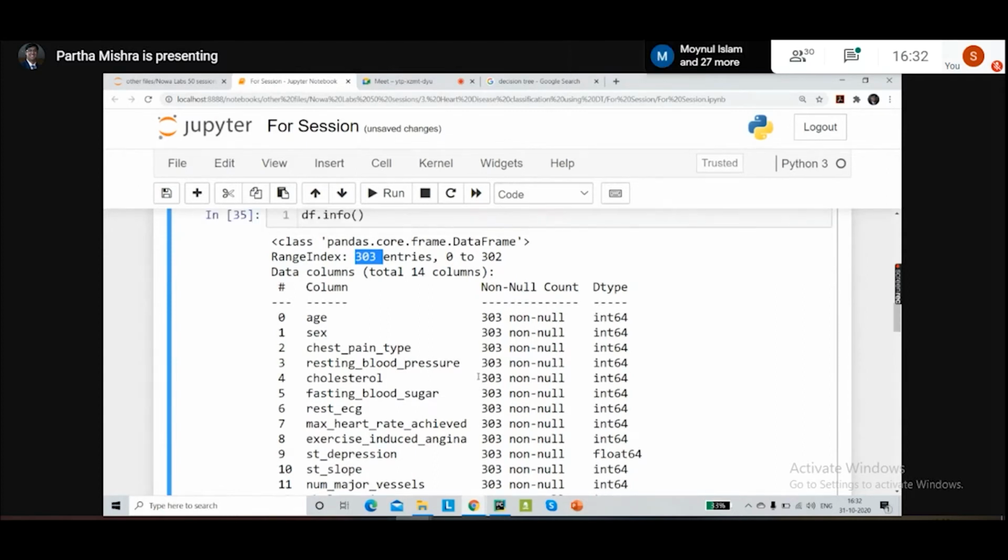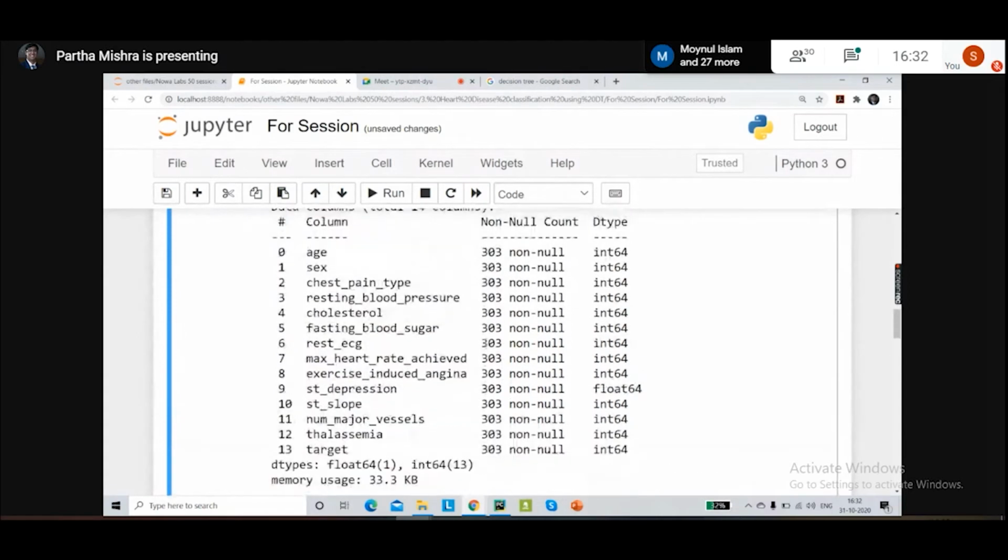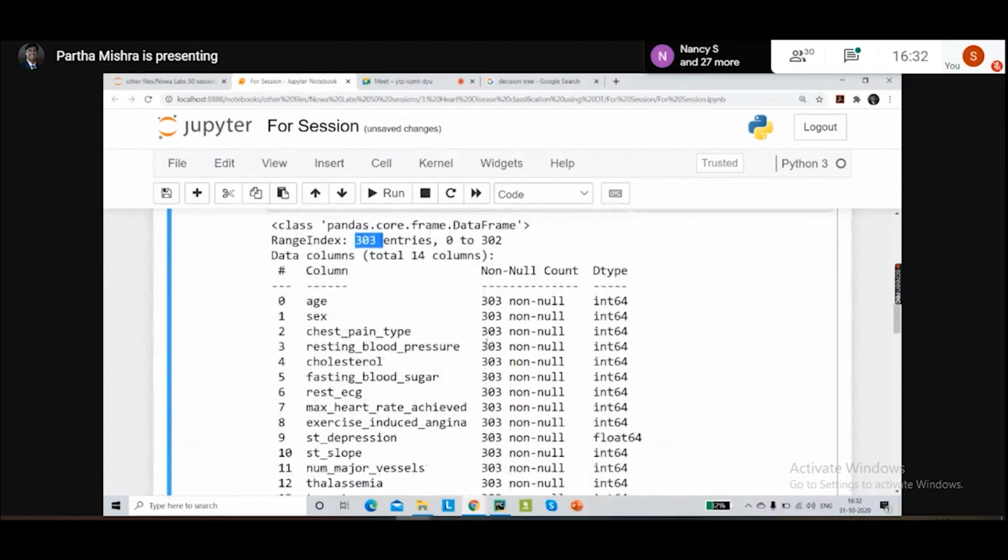Okay, all right. Now once we're looking at the info method, there is something a bit odd that is actually visible. If you look at the age, it is a number, so it's an integer. Makes sense.